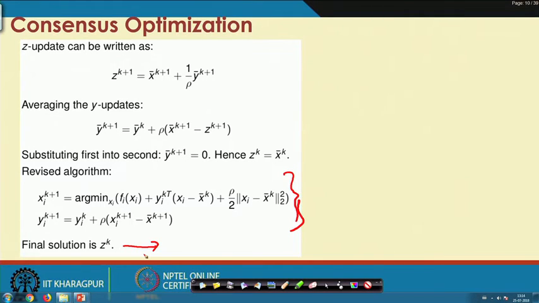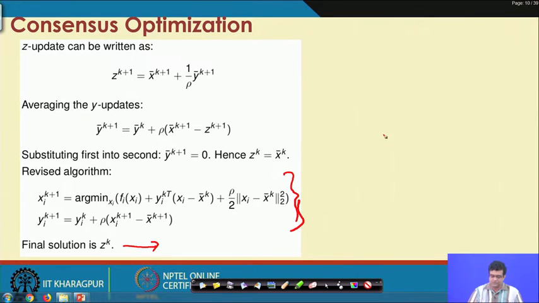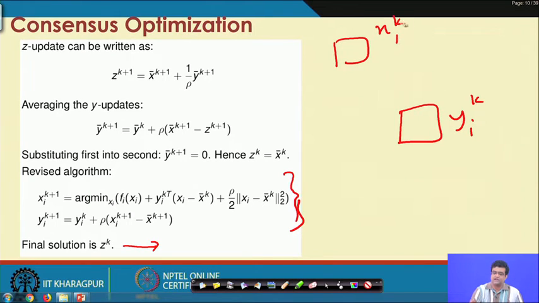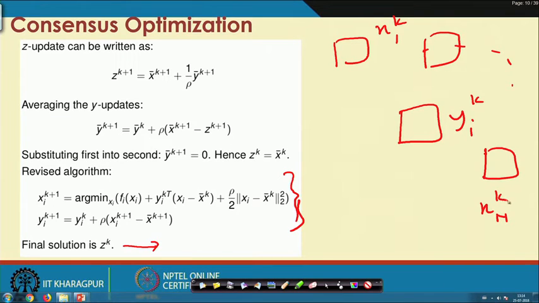And as you can see, this is very easily implemented in a distributed setting. All you have to do is store the y i k in the central machine and x 1 k till x n k in the individual machines, and then for the first step you send all the x i's to the central machine.